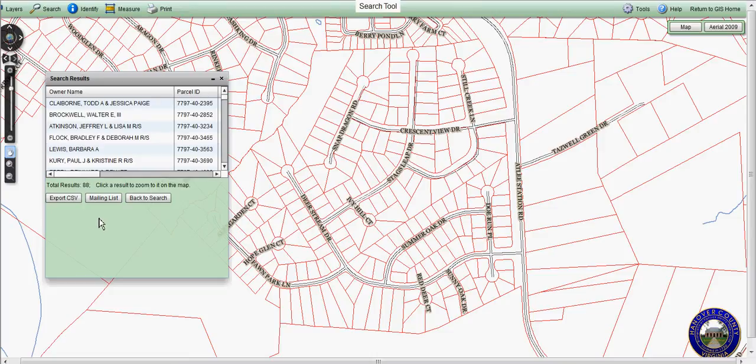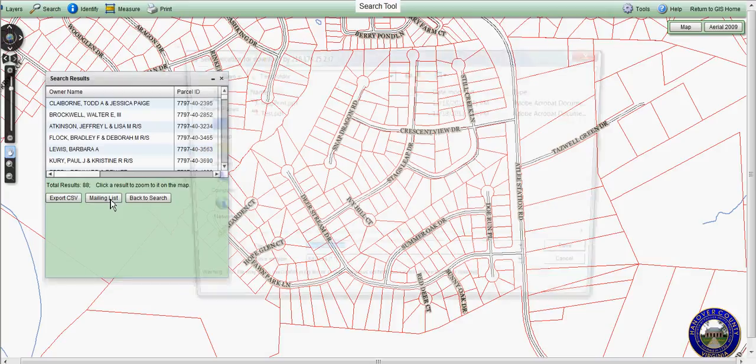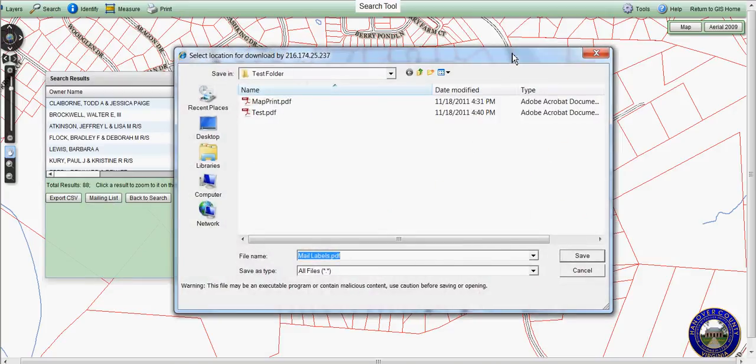Now you have a couple options here. You can export the results as a CSV file, which is an Excel file, or you can export a mailing label list, which is in a PDF format. And I'll show you how that's done. You just left click the mailing list tab. Once again, your save menu will pop up. You can path